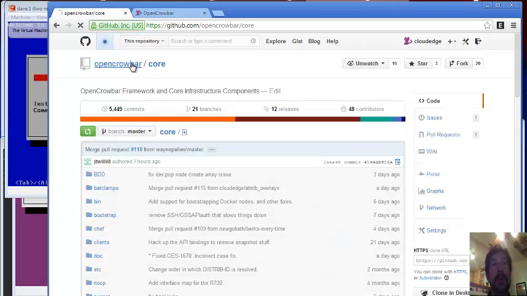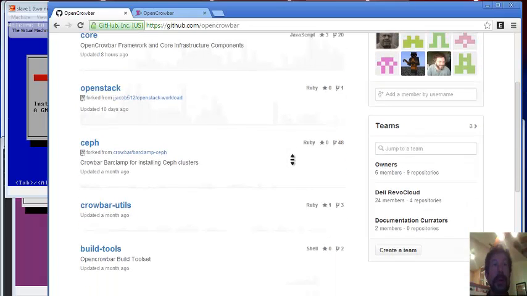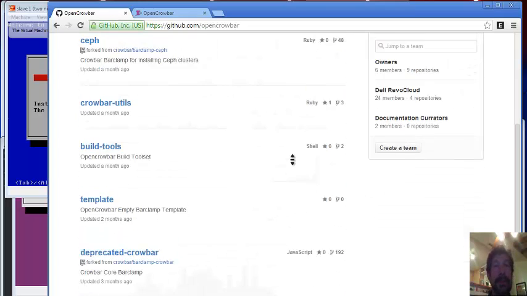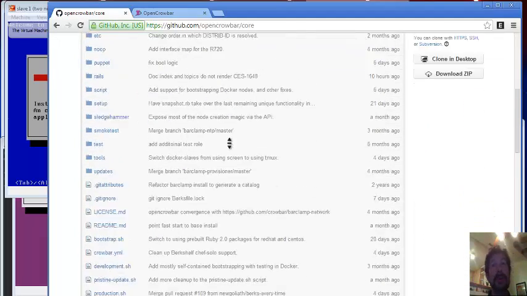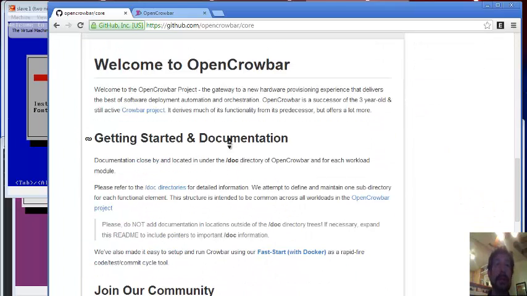So if you look at the OpenCrowbar repo as opposed to the old Crowbar repo, you'll see it's pretty logical. We've got a Ceph, OpenStack, Core, hardware, Hadoop, a much smaller number of targets for people to develop against. And Core contains all of the core pieces for Crowbar. And we've been integrating documentation into that repository. So if you've looked at Crowbar before and been confused about all the wikis and things like that, we really have worked hard to try and put all the documentation in the code base in GitHub. It's easy enough to edit through the GitHub UIs